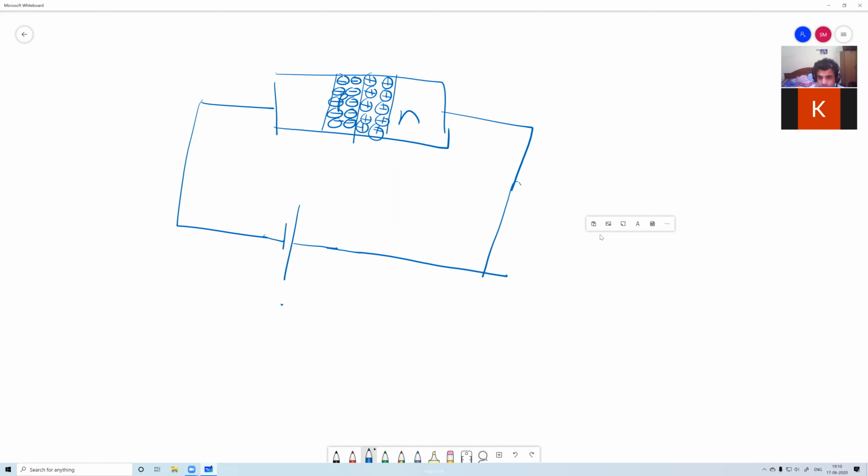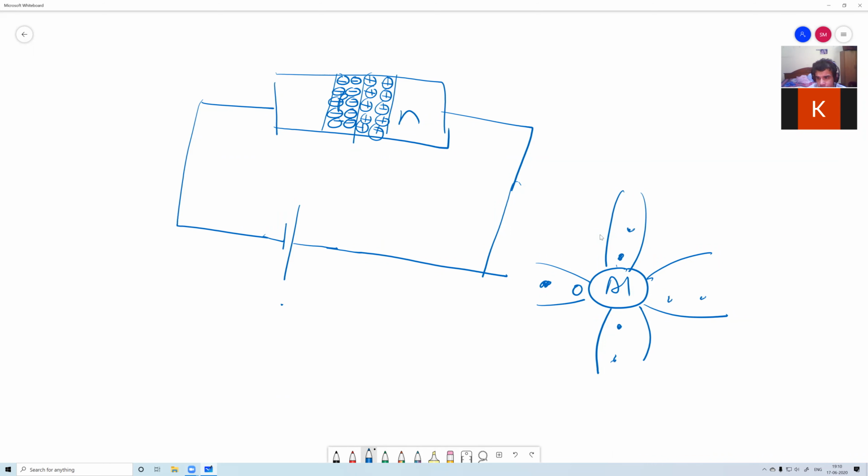For example, what did we see? For the P region, if there is aluminium, here there is a hole, right? And this hole can move. Now what happens if a hole moves? An electron from some other bond will come here. Correct? This we had seen in the physics chapter. How does the hole move? The hole moves when another electron from any other nearby covalent bond moves to take its place, right?